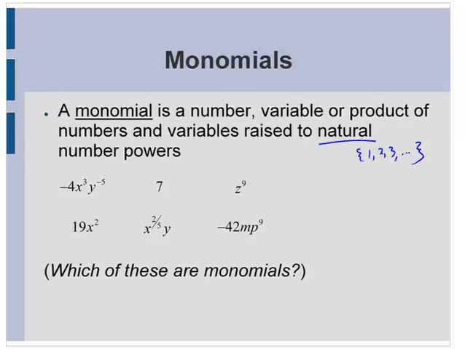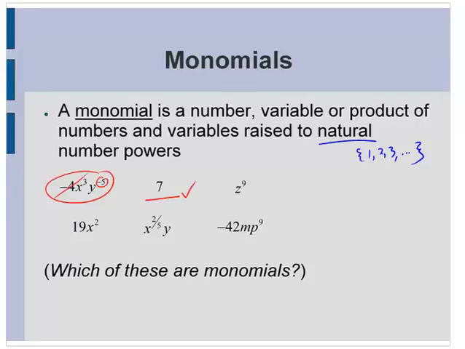So I've got some terms here. Which of them are also monomials? So is it a number, a variable, or a product of numbers and variables raised to natural number powers? Basically, if we see any non-natural numbers, exponents on variables, it is not a monomial. This is not a monomial because it had a y to the negative fifth power. Okay, so